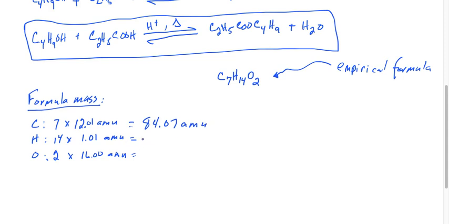We've got the 14 times 1.01, that would be 14.14 AMU. And yes, I am writing all the units because remember, you always have to include a unit with your number. And then 16 times 2 is obviously 32 AMU. I know it looks like a 6, so let me fix that. If we add all this up together, so we've got the 84.07 plus 14.14 plus 32, we should get, let's